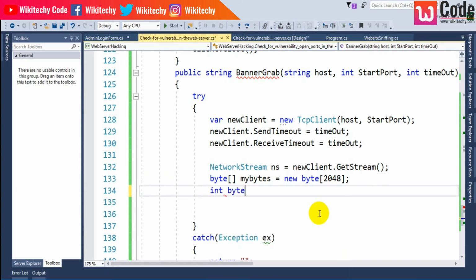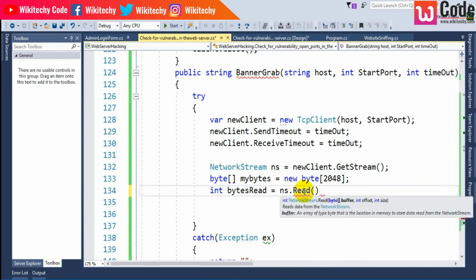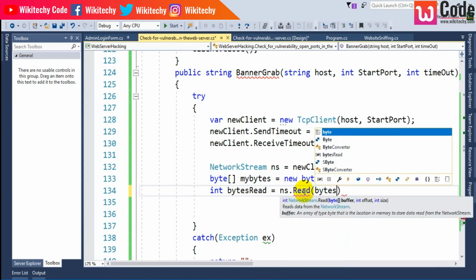Int bytes read is equal to, I'm trying to capture the NS information. So NS dot read of my bytes comma,